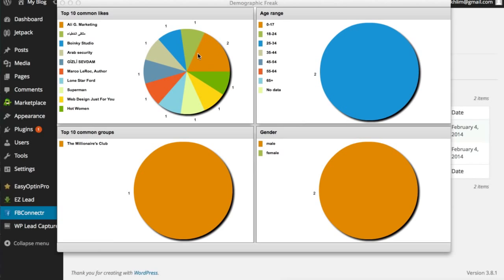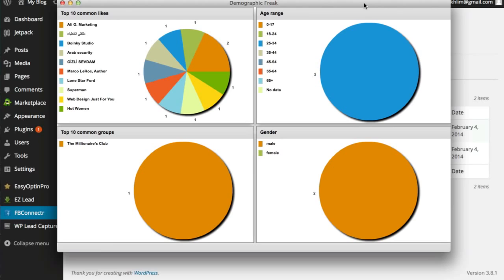So both subscribers liked RLG marketing. Both subscribers are in the age range of 25-34, and both of them are male. Now in this case, the second subscriber doesn't belong to any group. That's why there's still only one over here. And so you can see that this is working